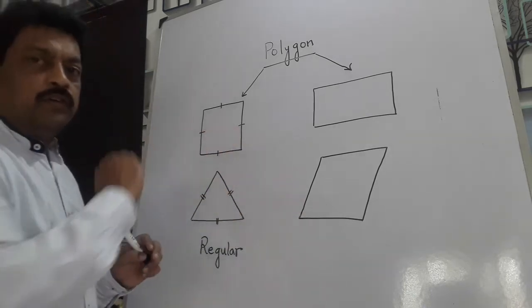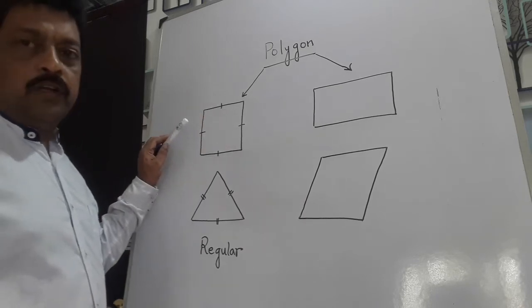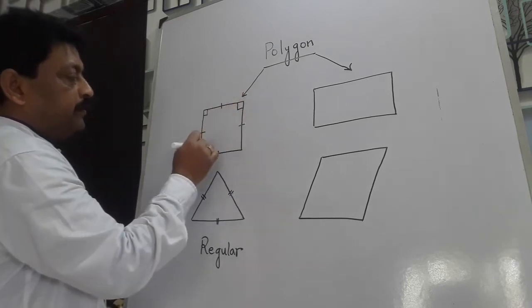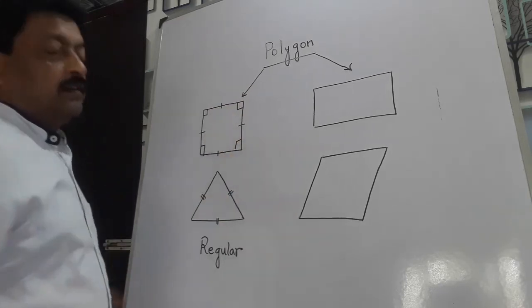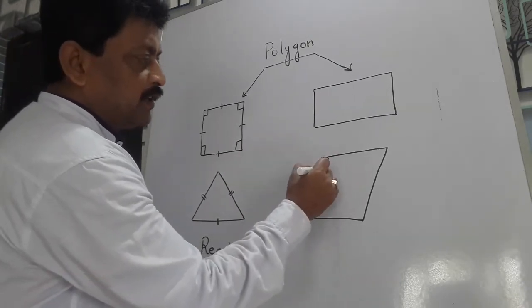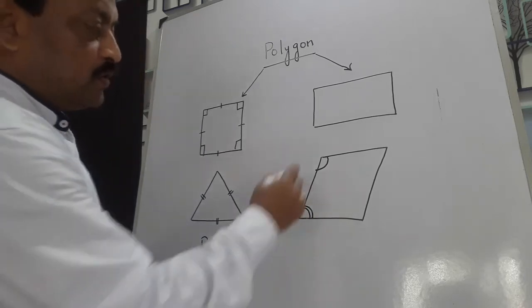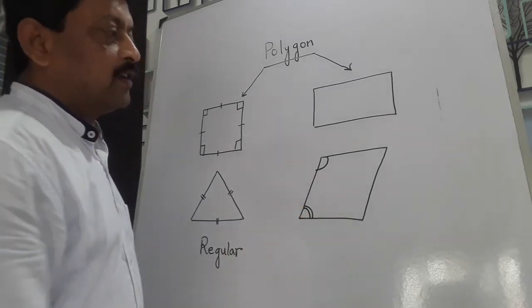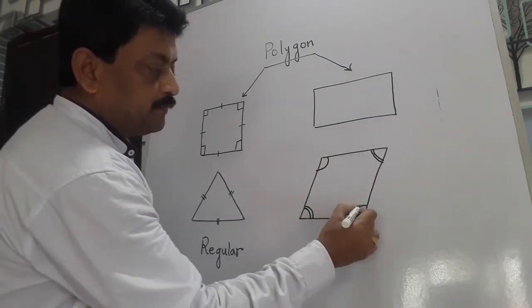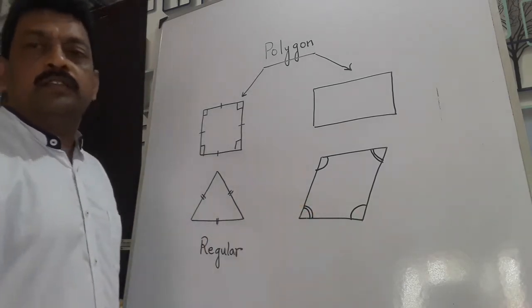Now again come back to the regular polygon. Here the lengths of all the four sides are equal, as well as all the angles are equal also. This is the main difference. Here all the four sides are equal, but the angles are not equal. Those two angles are not equal, meaning adjacent angles are not equal. Though the opposite angles are equal, the adjacent angles are not equal. So that is why it is known as an irregular polygon.